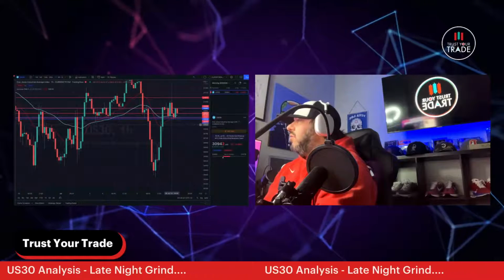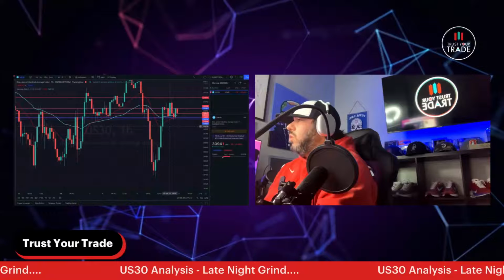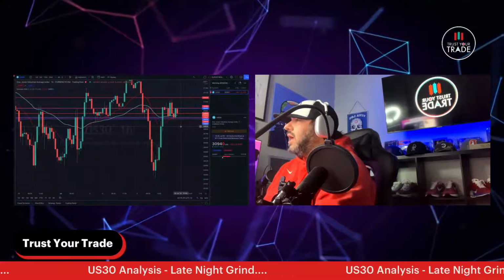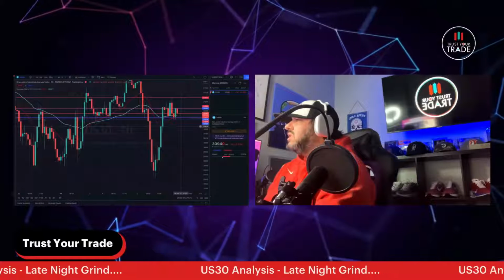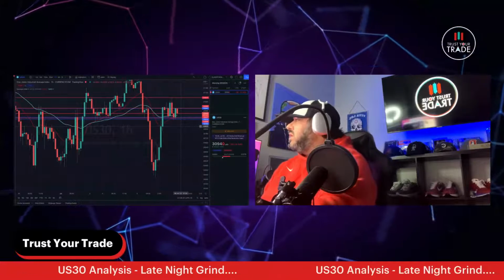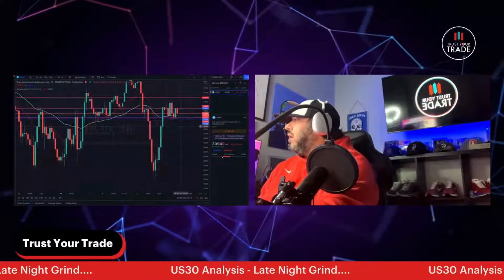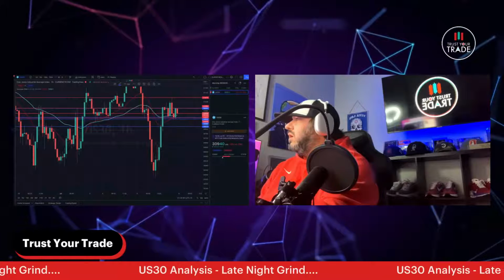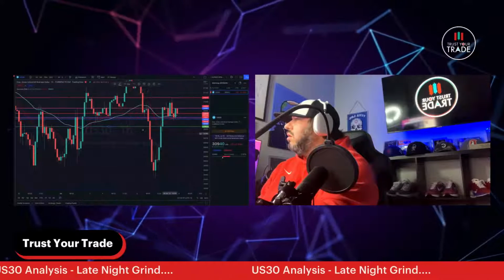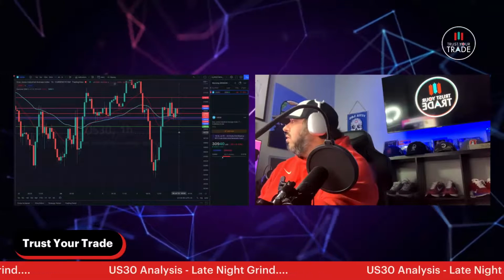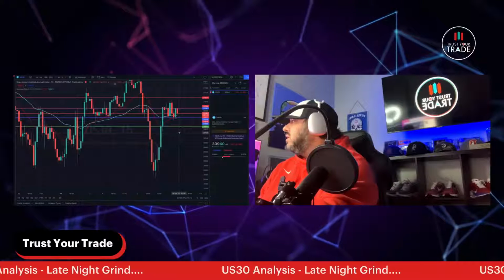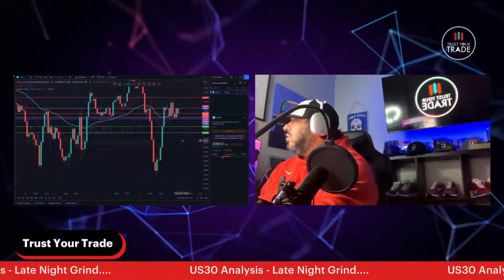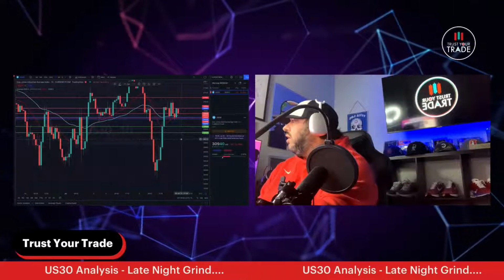I see us coming down. Kind of the first level would be this break right here. Okay, and again, that's a pretty good size TP1. Okay, so this would be a TP1 here. Okay, this would be, I would say right here, a TP2. And then if we continue to fall,